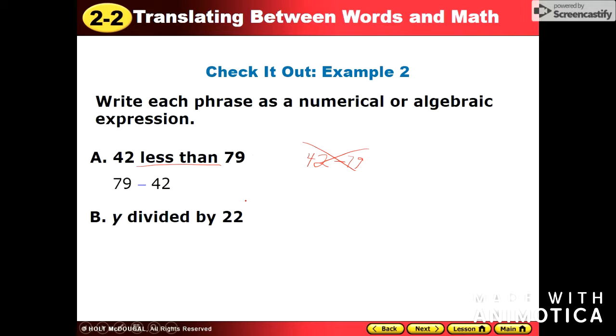And letter B, we've got y divided by 22. And here you can write that in a couple different ways with the classic division sign, or what a lot of students refer to